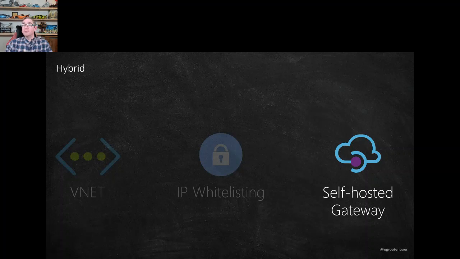So that's a perfect opportunity if you need like this disconnected state, because you can actually run this disconnected, or you want to have like low latency, or if you just want to have API management as close to your APIs as possible. So that's where the self-hosted gateway comes in. It runs on containers. So wherever you can run containers, you can run this, which is basically anywhere then.